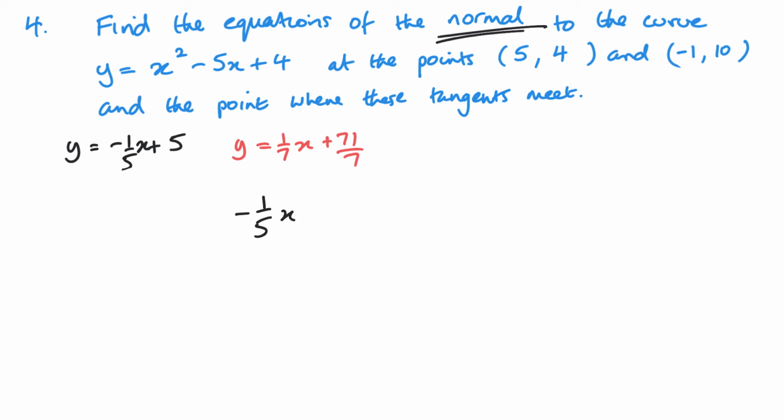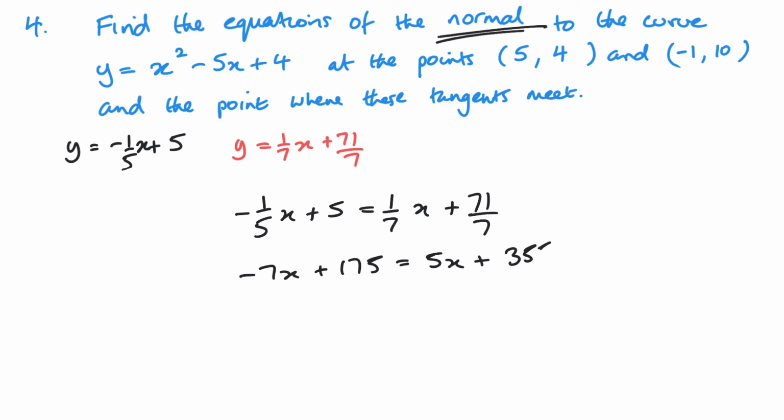So minus 1/5 x plus 5 equals 1/7 x plus 71 over 7. Now I'm just going to multiply through by 35 to make my life a little bit easier. You don't have to do this, just to get rid of my fractions. There we are, and that gives me 12x on this side and negative 180 on this side. So that means that x equals